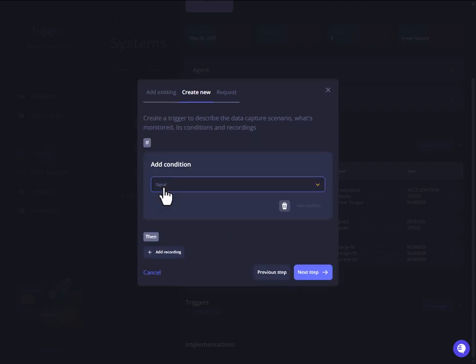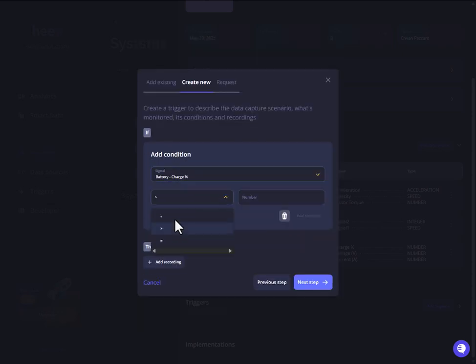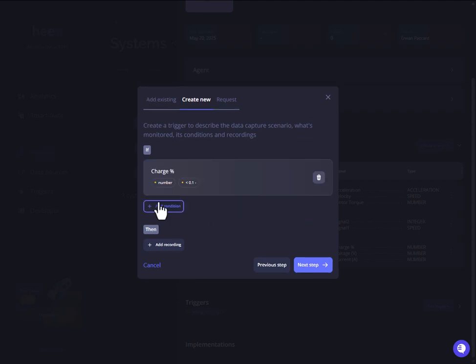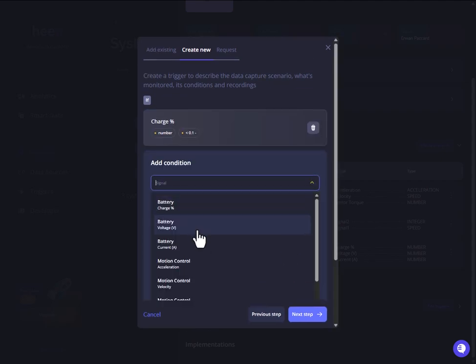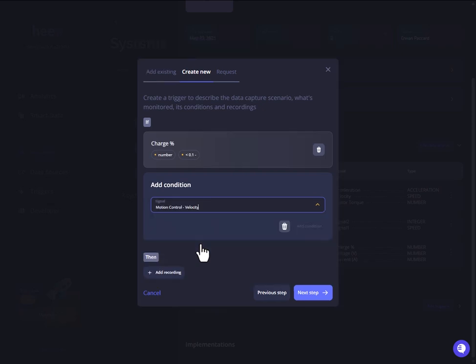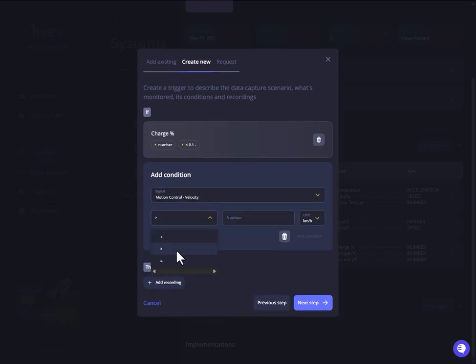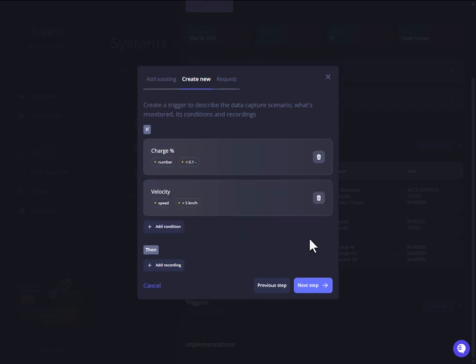That's where we add the conditions. So for instance, I'm going to check the battery. If the battery goes below, let's say 10, so I'm going to put 10%, 0.1. Then I'm going to add another condition, so it's going to be an AND between all these conditions. So if my battery goes low and I'm still zipping fast, like above 5 kilometers per hour,